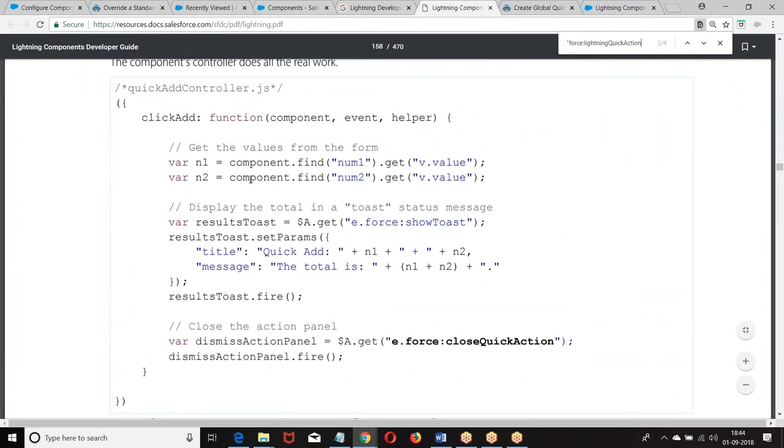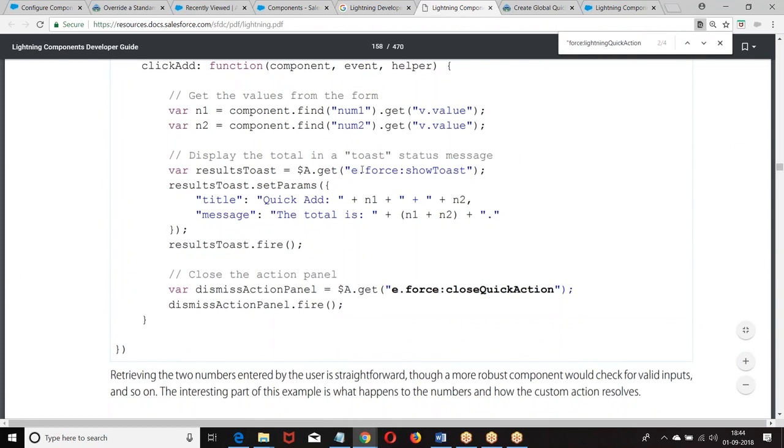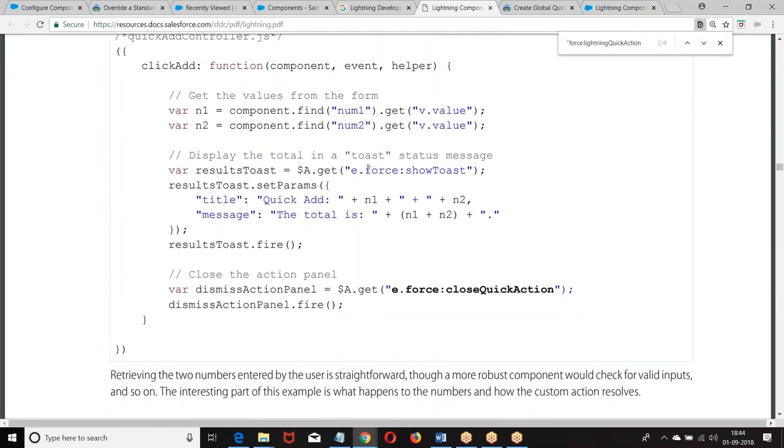Look at this, what we have here. E stands for event, standard events. Tell me one location where we have used this E. In what type of event handling? Application level event handling, we gave E colon event name, right? So E colon force colon event name. E colon C, we have given E colon C.